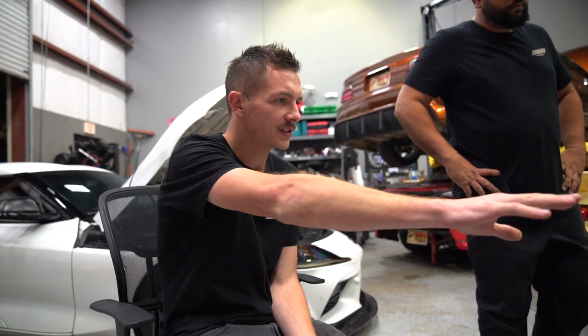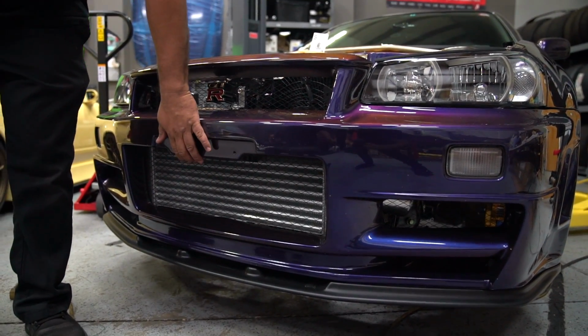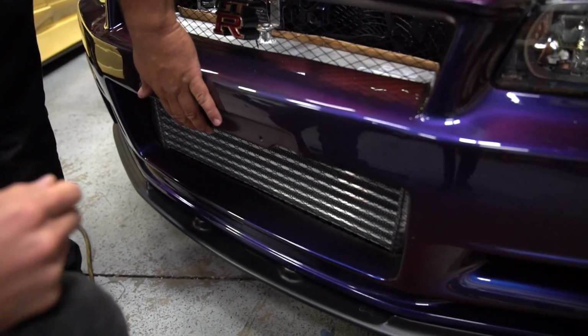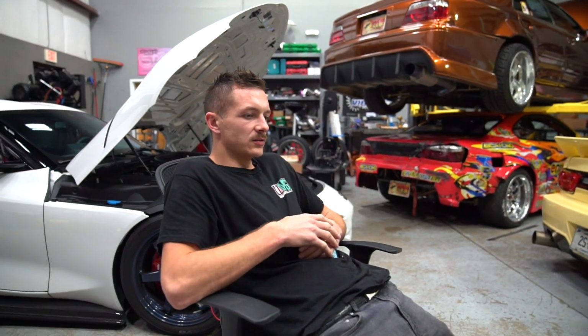So the bumper's a little bit saggy right now, so kind of ignore it, but you'll see there's a little gap. Yo, do you want to pull it up to kind of demonstrate? One thing we're kind of on the fence about is if you look at it from this angle, looking down at the car, the intercooler could come down a little bit more, so I think we're going to drop it down a little more. I won't really add that much more air to the fins, but aesthetically I think having it all the way full will be perfect. It sucks having to be so OCD about a car, but...